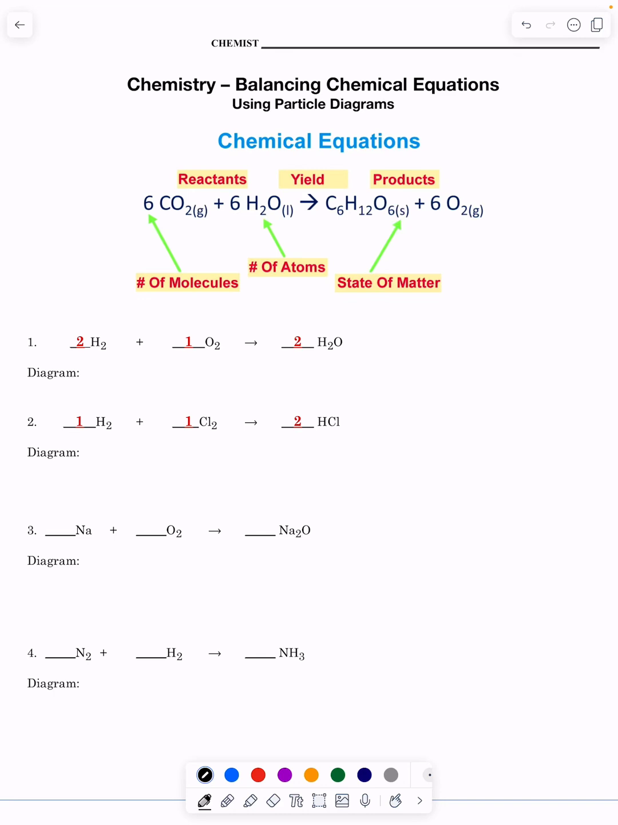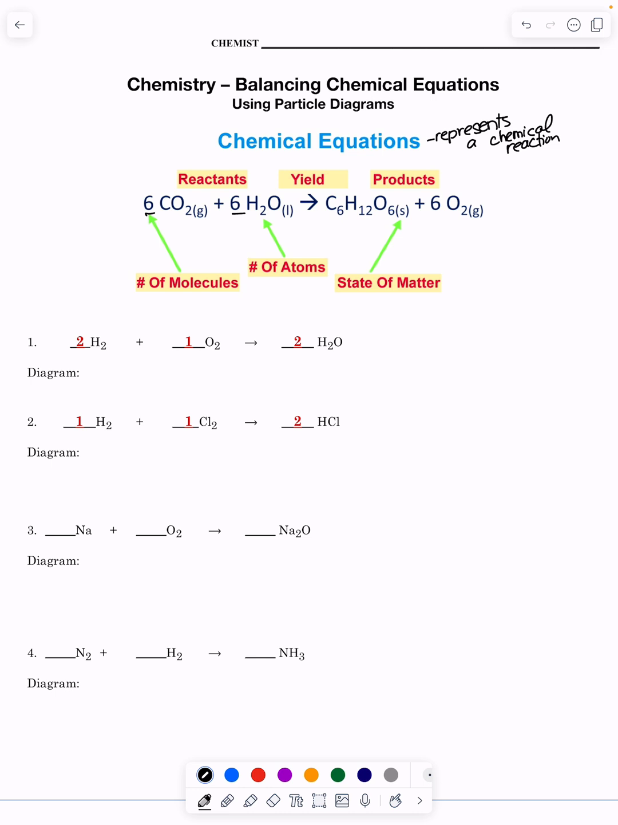Balance chemical equations using something called particle diagrams that we may remember from this year. So let's look at a chemical equation here. A chemical equation represents a chemical reaction. So I'm going to write that here as like a little vocabulary. Represents a chemical reaction. And so we have 6 CO2 plus 6 H2O yields, which is this arrow, produces C6H12O6